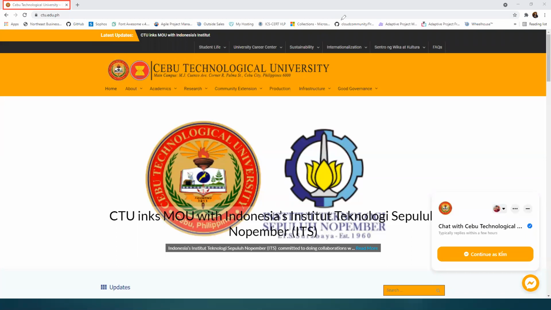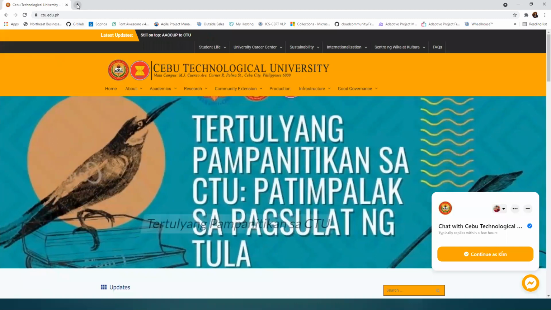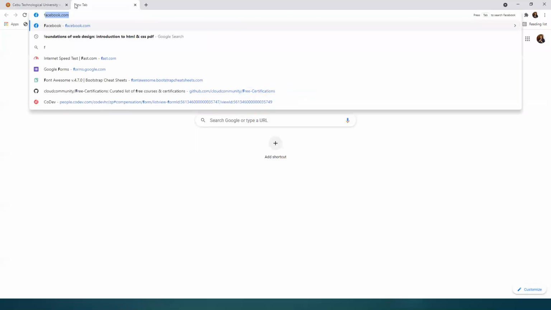If we try to actually check the HTML tags or the HTML design of the CTU website, I cannot see because right click is disabled. This is actually an option controlled with JavaScript. So shall we say we open a site? Which website shall we check? That can actually be disabled also if we really want to. But our focus right now, for example,